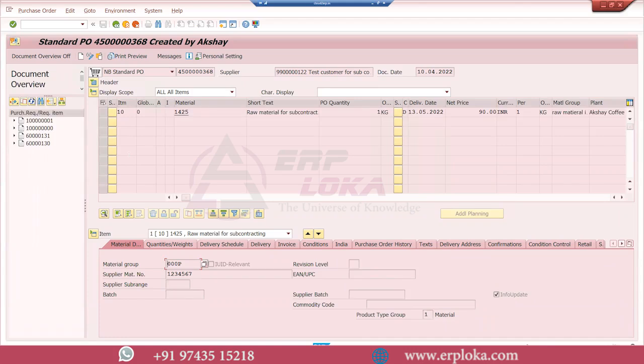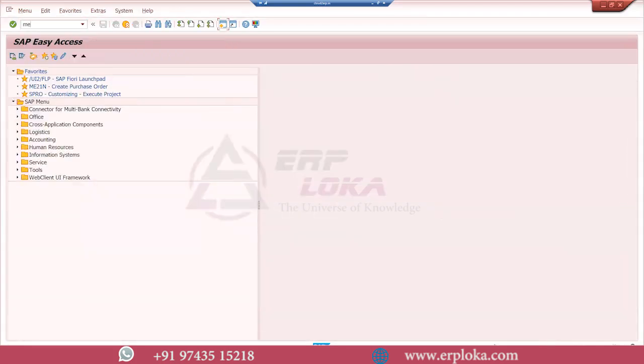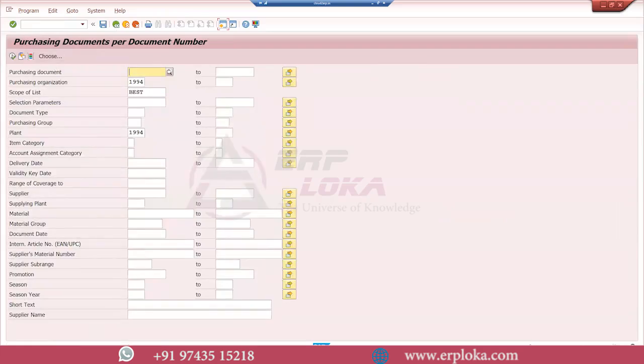criteria which the client has requested, we are using a report which is already there in the system, which is ME2N. This is a report of purchase documents based on the purchase document number. Here there are some changes you need to make. As of now, I'll remove everything here, all the filters. Now I need to check based on one plant. For example, in this plant, my 1994 plant, if I put this plant and execute,